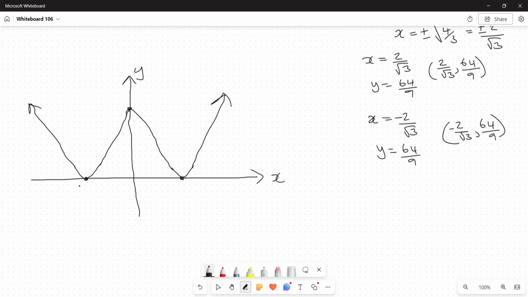Continues like that. This is minus 2. This is 2. This point here is 16. And then our point of inflection, we have 1 over here, which is minus 2 over the square root of 3 and 64 over 9. And this one here, which is 2 over the square root of 3 and 64 over 9. Okay, and then you label y is equal to x to the power of 4 minus